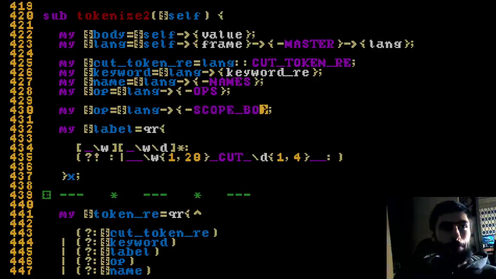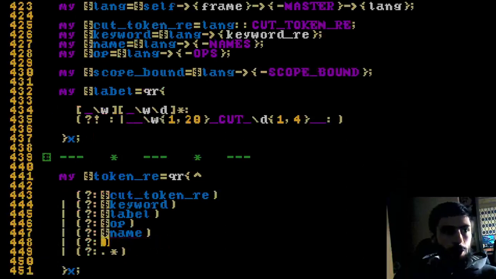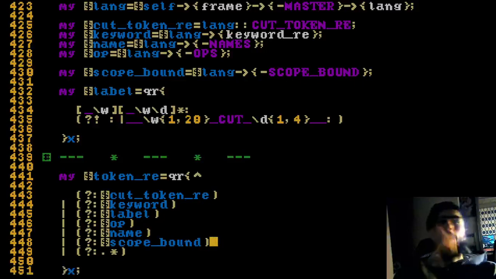So yeah, that's bound singular. Okay, scope bound, and now we change this thing in here with scope bound, and that's a wrap. All right. Okay. So now